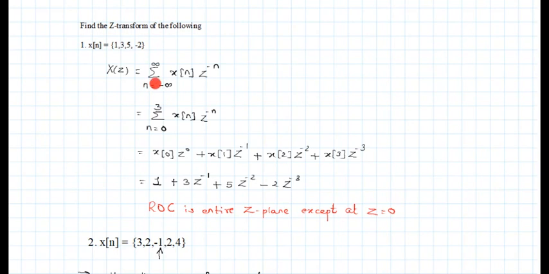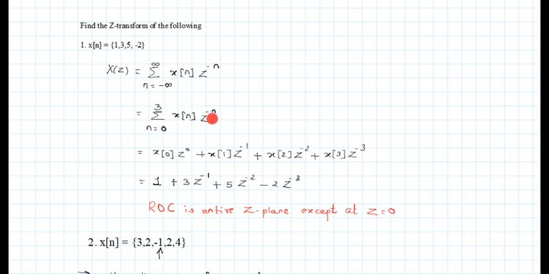So the Z transform is given by the equation I just showed, the sum from minus infinity to plus infinity of x[n] z raised to minus n. Now looking at the given x[n] signal, we can find out what the limits should be. We know that x[n] extends from 0 to 3, correct? So substituting the region where x[n] actually exists, the limits change to 0 to 3. x[n] exists only for the time instants 0 to 3.